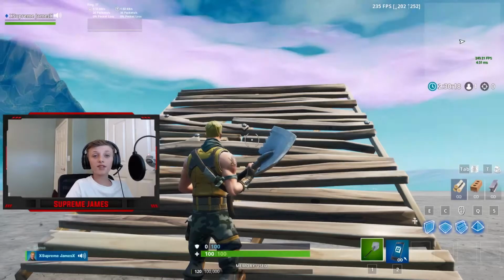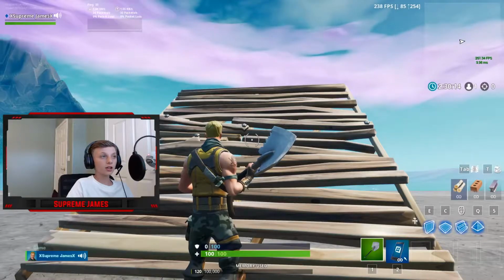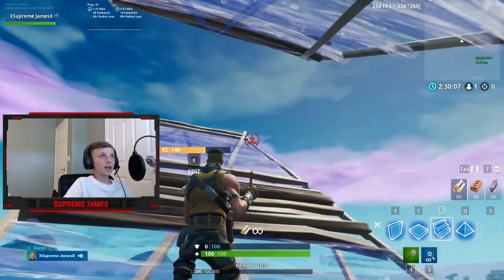Number 7, we have the double ramp cone high ground trick. This one is a little bit like the last one. So again, you start off with a stair right here and a stair right there. You ramp up a few times, and then